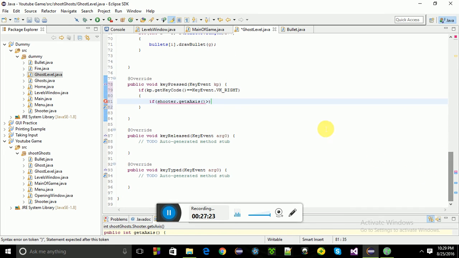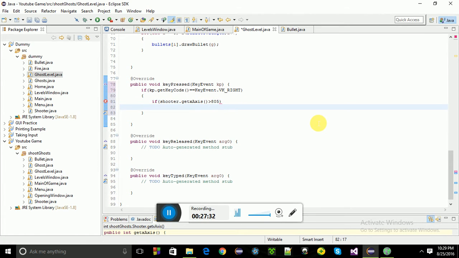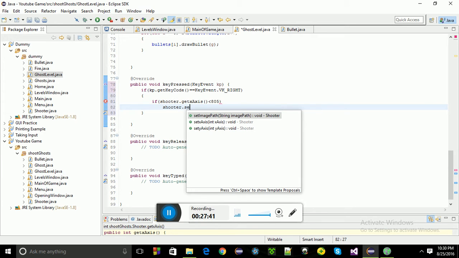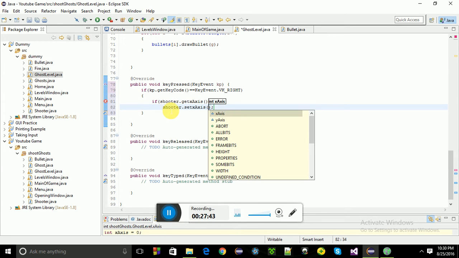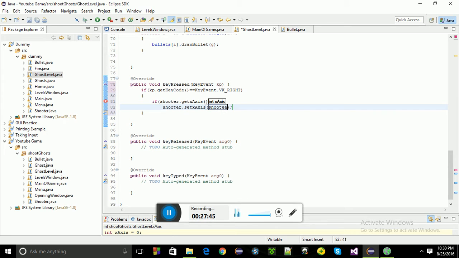So I will have to keep it at 810, maybe 805. So if it's greater than, oh sorry, it's gonna be less than. If it's less than 805, then I'm gonna be doing the shooter dot set x-axis. I want it to move around maybe 5 points, and else if